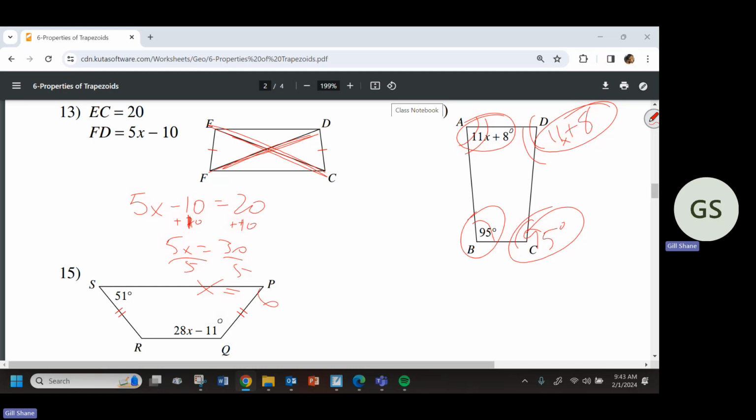Any phones out should go up. So they have to add up to 360. So I just take what's in the circle plus,